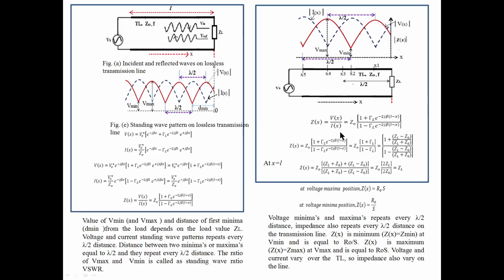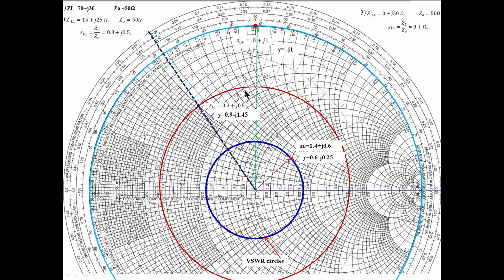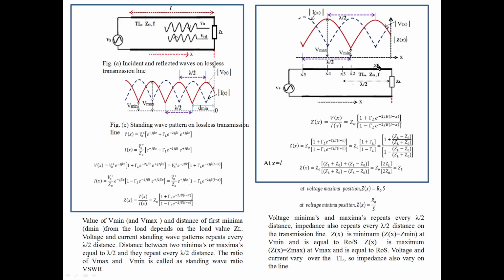Similarly, I did it for this load also. So like this, you move and measure the distance. It is 0.25 minus this number, whatever we have here as the load point wavelength value. This is the load point. You extend up to the wavelength scale here. This is the wavelength scale. You take a reading here and subtract this value from this value. That is the maxima distance of the maximum impedance where you observe.